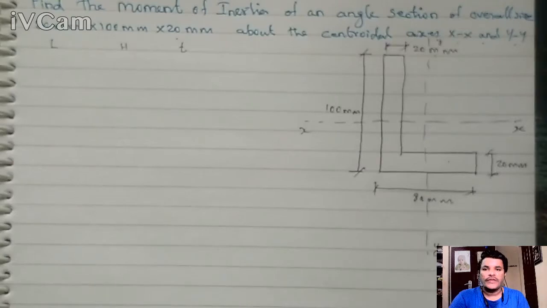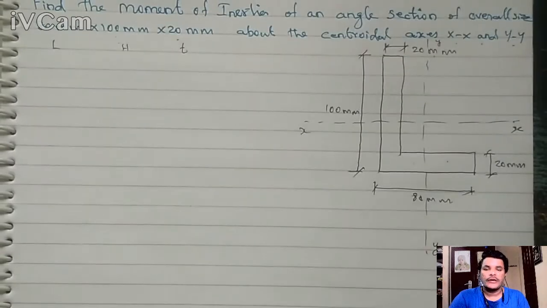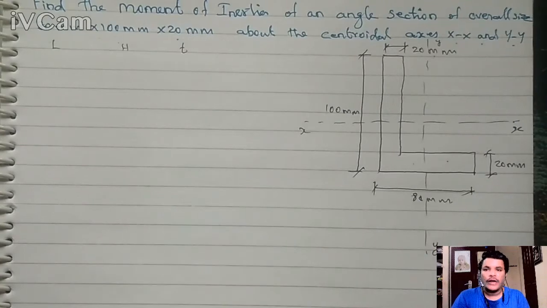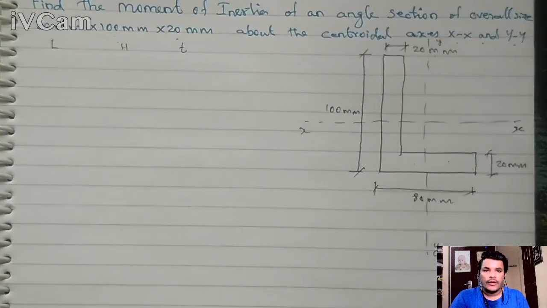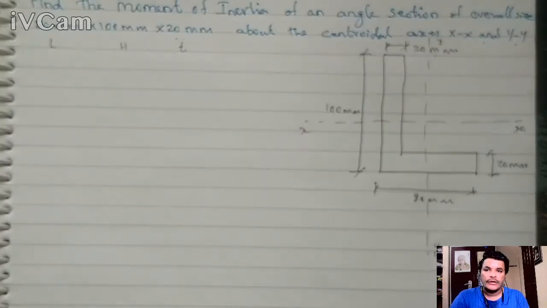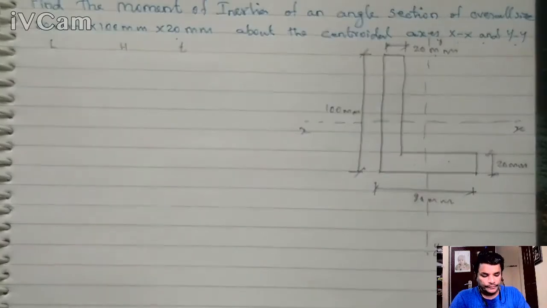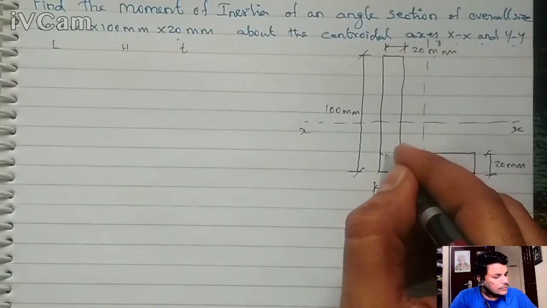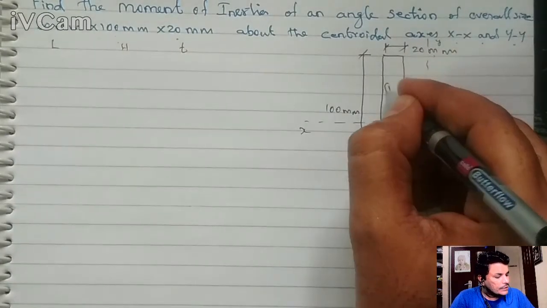In the moment of inertia, the first portion is the centroid. In the classroom session we already discussed and solved a lot of problems on centroid. I hope you are all aware of how to calculate the centroid for different sections. We worked those out and solved some tutorial problems in the classes, right? So now I am dividing this section into two. This is my section 1 and this is my section 2.